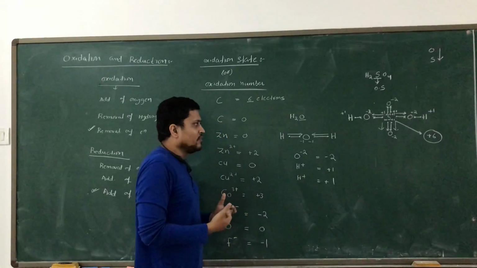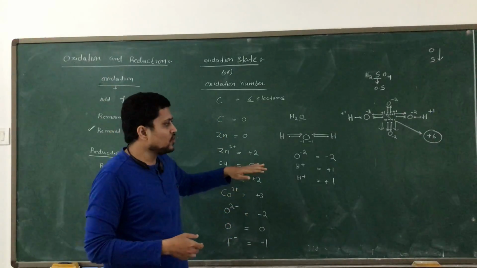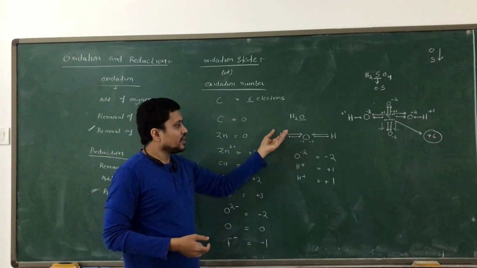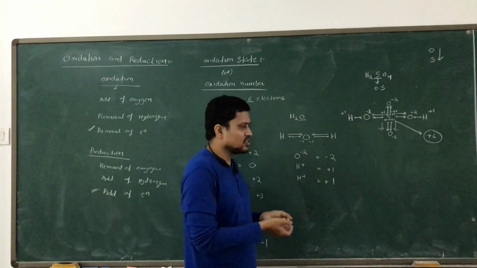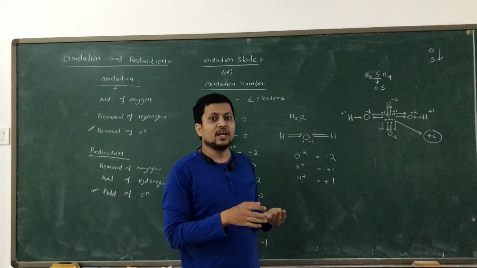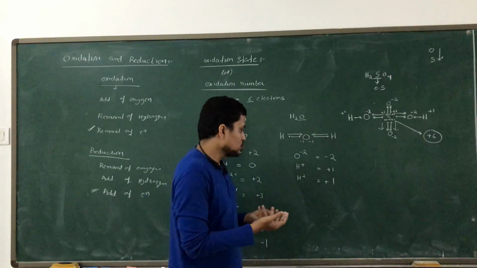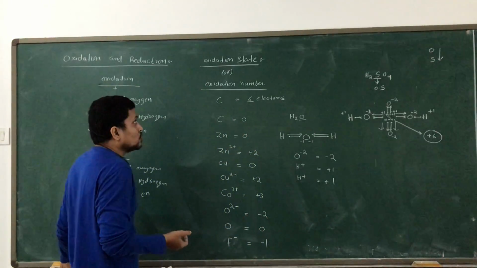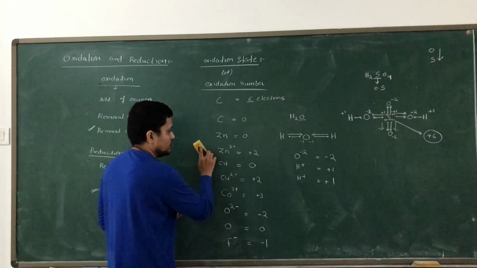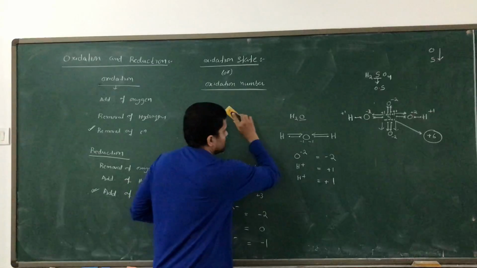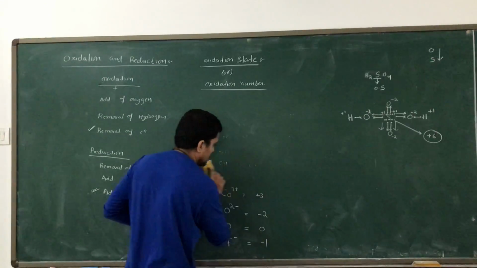But there is one more method. By seeing any compound, if you go for a calculative, mathematical method, we can easily give the oxidation state of those compounds. Now we will try to learn that method so that we can give the oxidation state for the given compound. So I will go through some examples now.